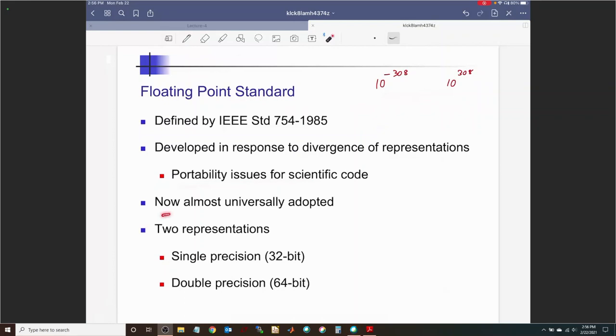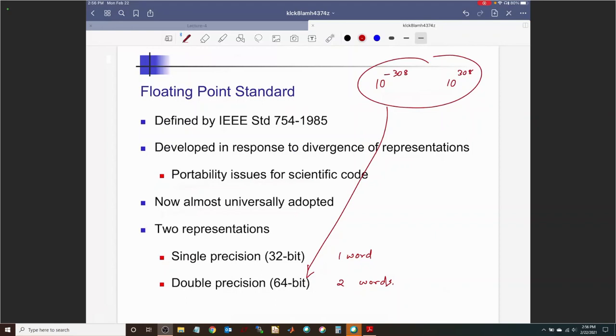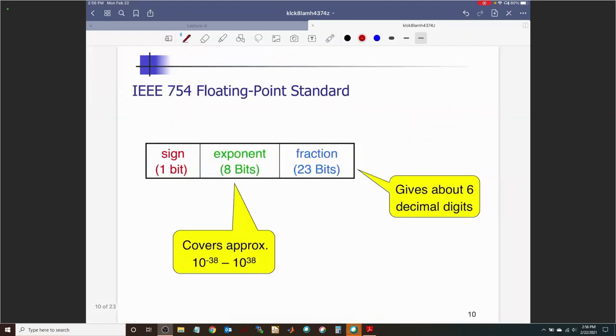All right, so it's now universally adopted. There are two representations, like I said, single precision and double precision. One is the 32-bit version, and the other is where you represent numbers using 64 bits or 2 words. So this is 1 word and this is 2 words. The word is 32 bits. So this range is for this guy. All right, so the IEEE standard for 32-bit single precision numbers is 1 bit for sign, 8 bits for exponent,